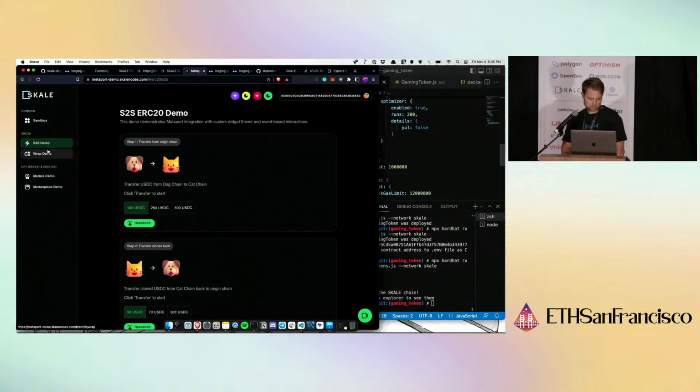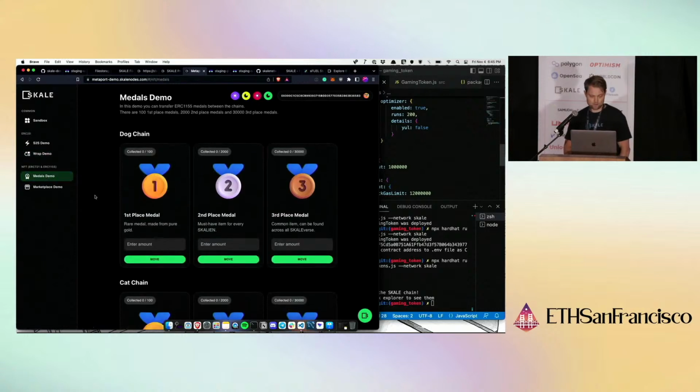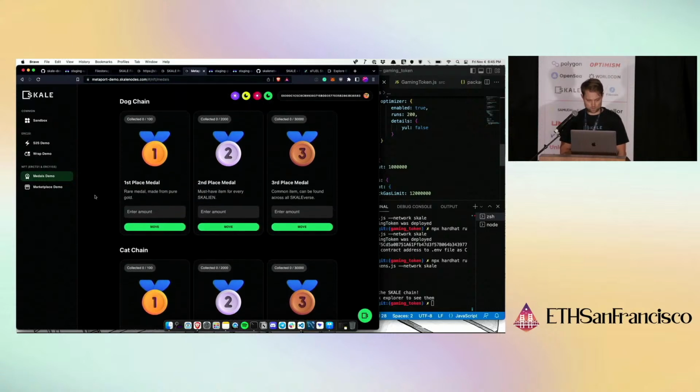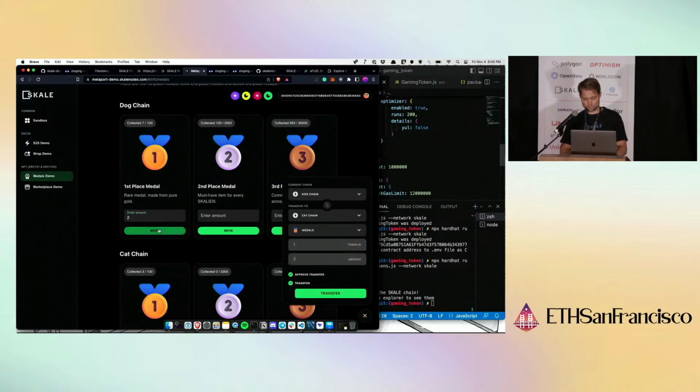I'll click on these. So you can just play around with these. You can go to the sandbox at the top. You can do the wrapped ETH there. But going back here, for example, I am going to move from dog chain to cat chain. And you can do it back as well. You can see there's the collection. I've got 7 out of 100 there. If I do, for example, 2, and I want to move it,